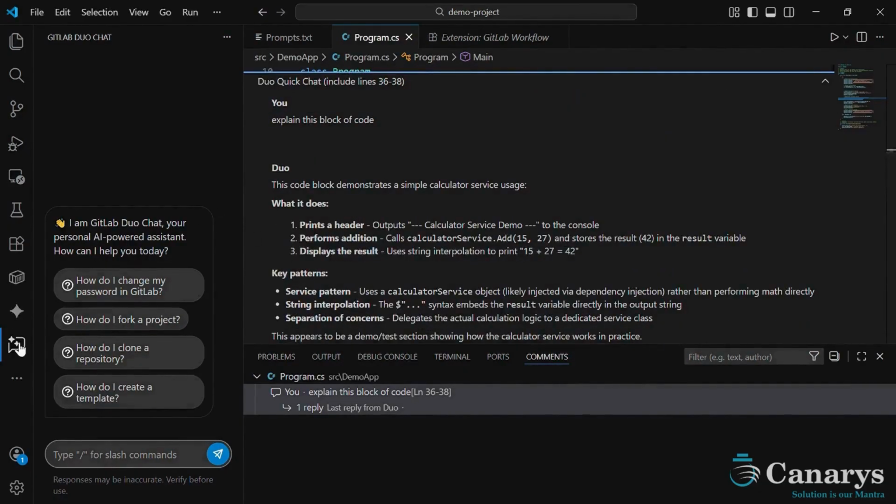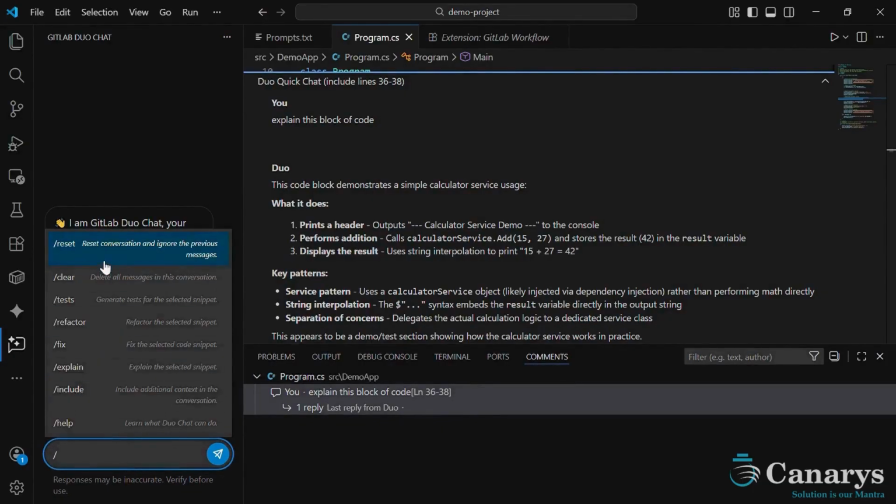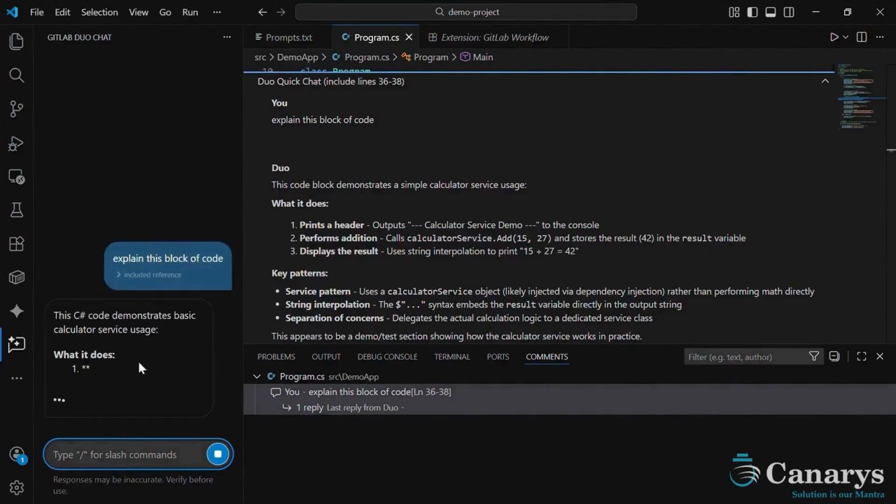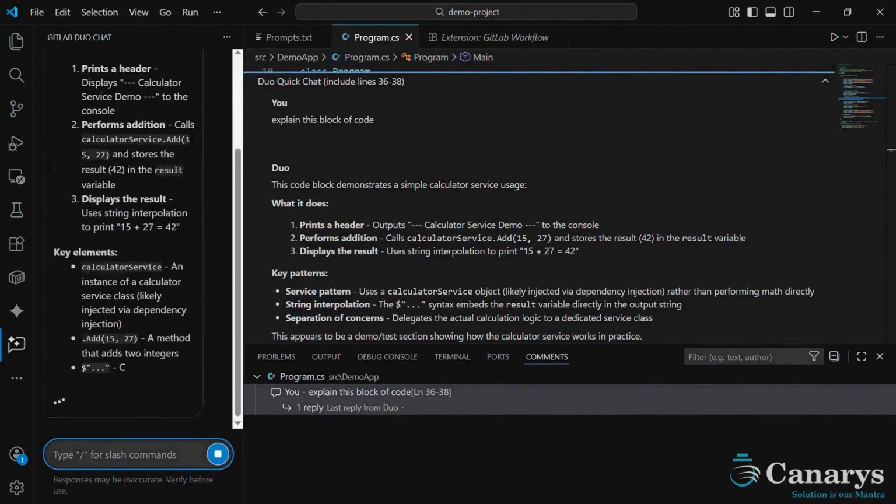Apart from this, you can also use GitLab Duo Chat from the left side panel. This is the GitLab Duo Chat interface. All you need to do is select a block of code and use the available commands. As you can see, there are commands like reset, clear, tests, refactor, fix, explain, and include. You can also use a natural language prompt such as explain this block of code, and it will provide a